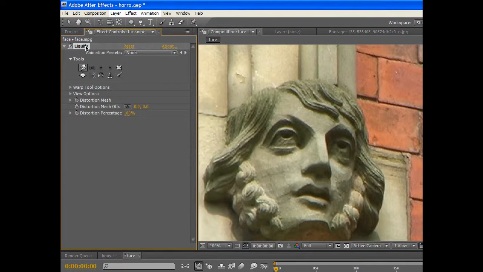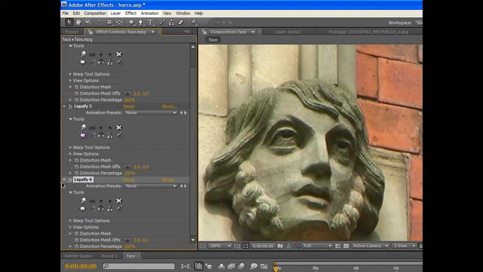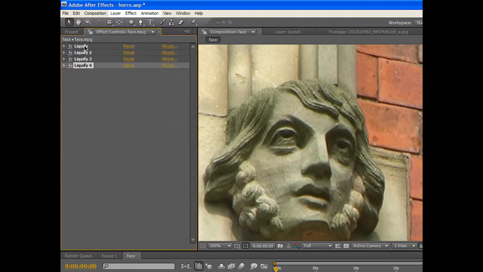So what I'm going to do is take my liquify tool and duplicate it 3 times. Control D, D, D. There we go. I'm just going to close them off for now. I'm going to rename them. So I'm going to hit enter. I'm going to call that left eye top, left eye bottom, right eye top, right eye bottom. That now gives me 4 different things that I can animate,